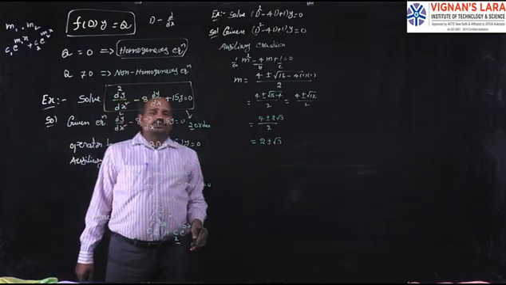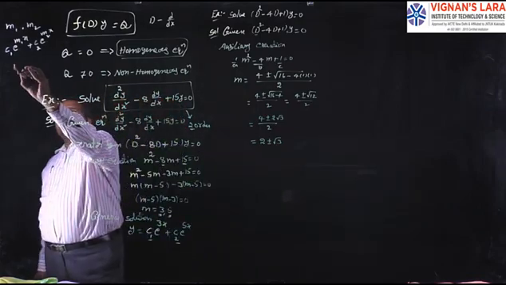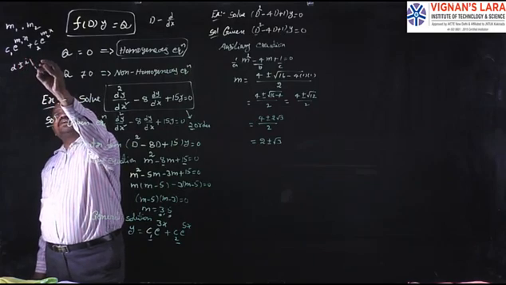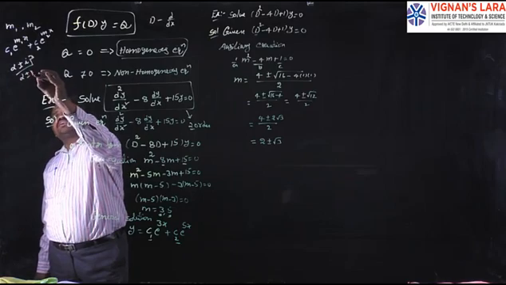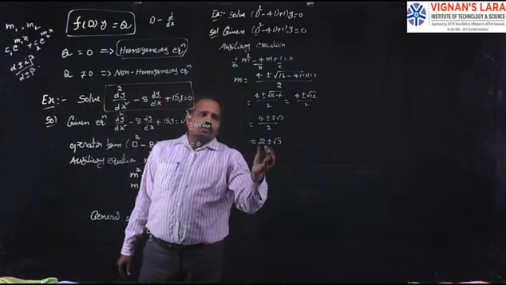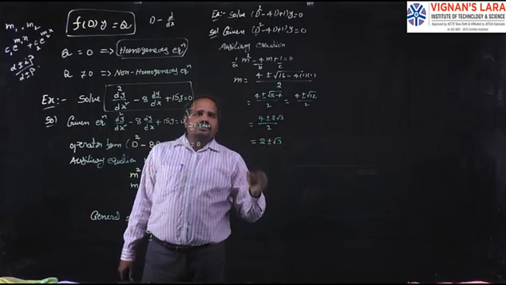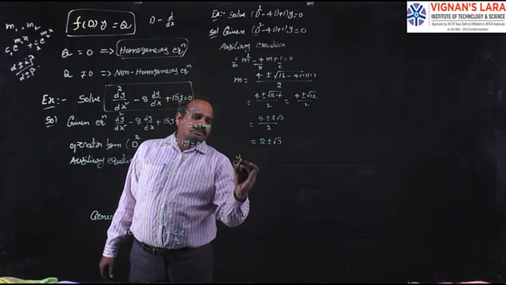These two roots are real roots, not complex roots. Complex roots means they are of the form alpha plus or minus i beta. But here we have the form alpha plus or minus beta, so these two are real roots. What are those real roots? One root is 2 plus root 3, another one is 2 minus root 3. So two roots exist. So write the general solution.